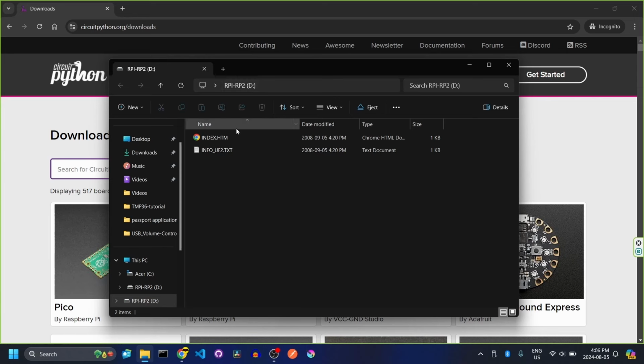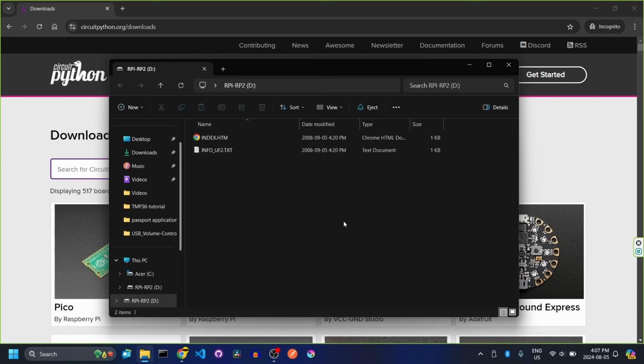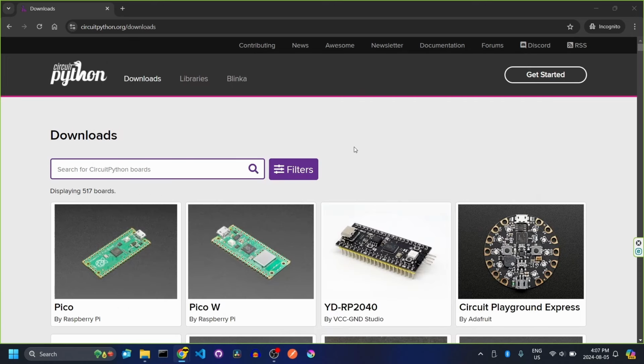This is the folder or files that was opened. It is called RPI-RP2 and D: something like that. But here we have two files, index.htm and info_uf2.txt. So we don't care about these files. What we need is this folder. Don't close it, just minimize. Then we go to this website,